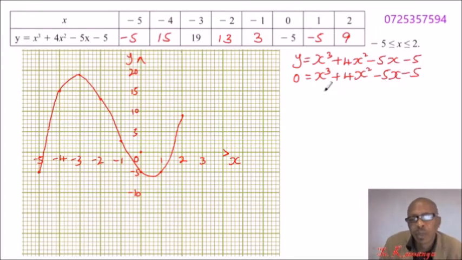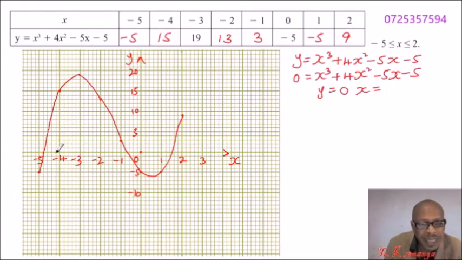So what we are supposed to do, since y has been equated to 0, is find what x is when y is equal to 0. We read the values of x when y is equal to 0. So that is where y is 0, at the x-axis. So the first point here